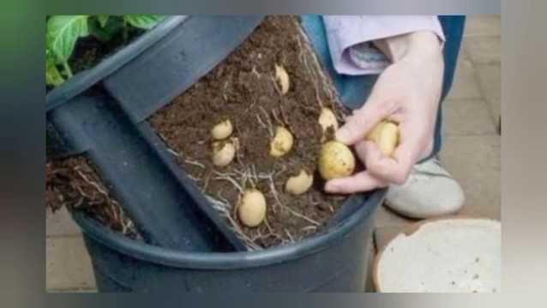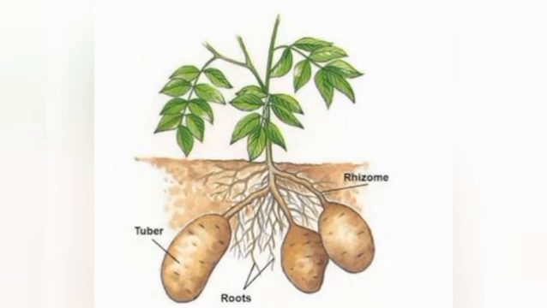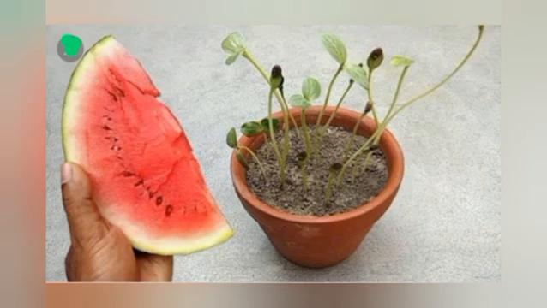After 2 days, you can see a single plant arising from the buried potato. A plant rises from the pot sowed with watermelon seeds. Each seed produces a plant. Watermelon plants were produced from seeds, whereas the potato plant is not from seed but from the vegetative part. Seed is not the only source for a new generation. Even a vegetative part of a plant can also be used to produce a new plant.